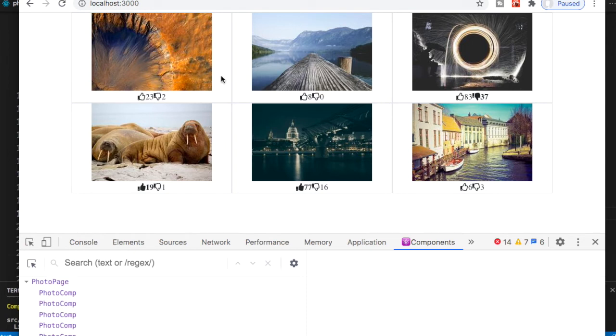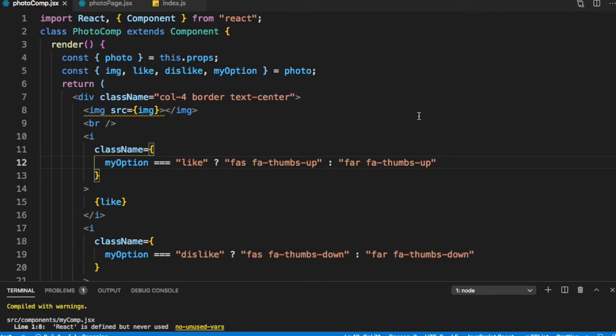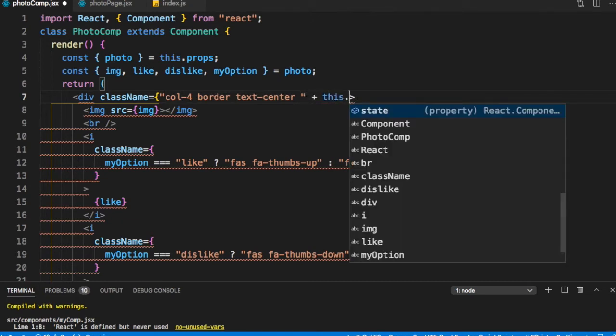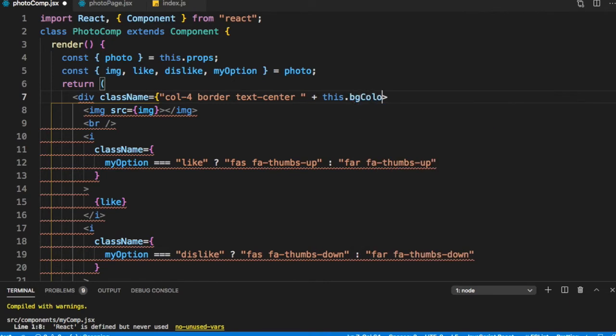What we also want to show is a background color depending upon the option chosen. So let's put it as plus this dot bg color.